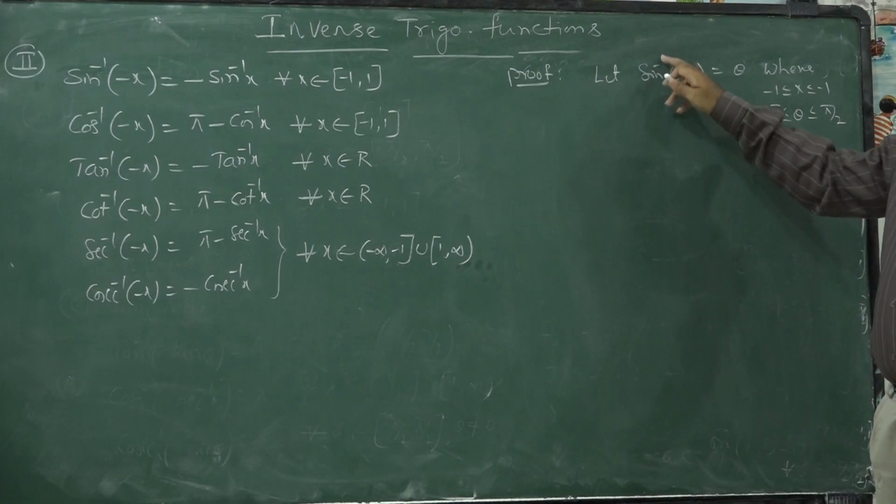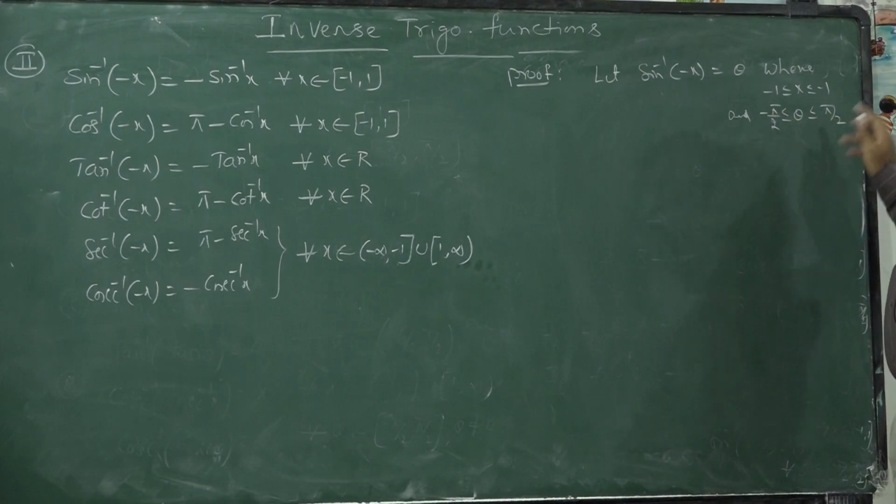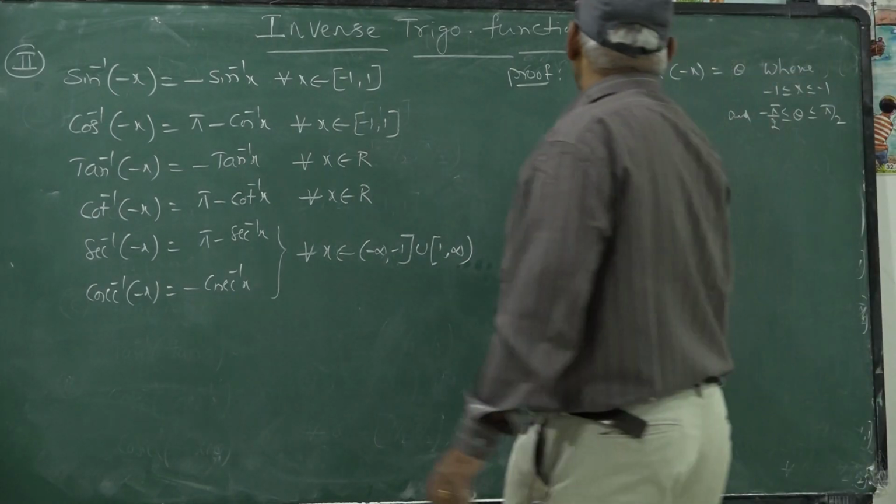So let sine inverse of minus x is theta, then theta lies between minus pi by 2 to pi by 2. So that implies